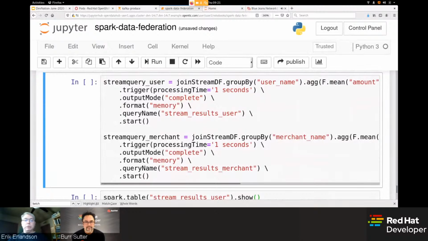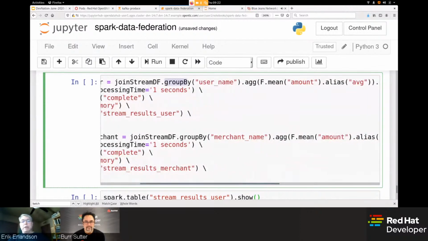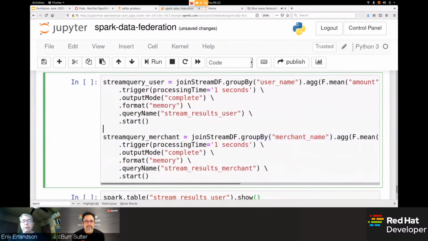These streaming queries look a little bit different because I have to give it some additional information about what the streaming handler does to it. However, if you look up here, you can see that it's exactly the same group by statement. I'm grouping by username, taking the average transaction amount, and the same similar one using merchant name. So I can kick these off,